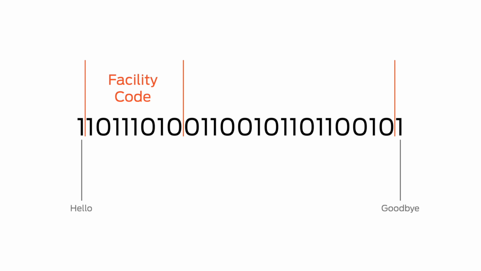The bit at the beginning and at the end aren't used for the ID number. They're more just for the computer. You can think of them as hello and goodbye bits. Bits 2 through 9 are for the facility code, and bits 10 through 25 are for the ID number. The facility code is 8 bits long, and the ID number is 16 bits long. 16 bits is pretty large. It means that the largest number, all ones, is 65,535. That's a lot of card holders in your access system.